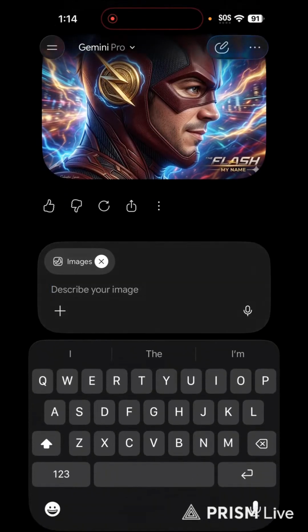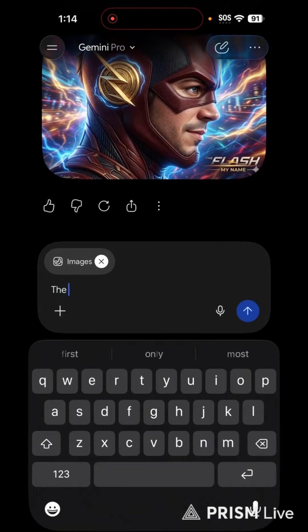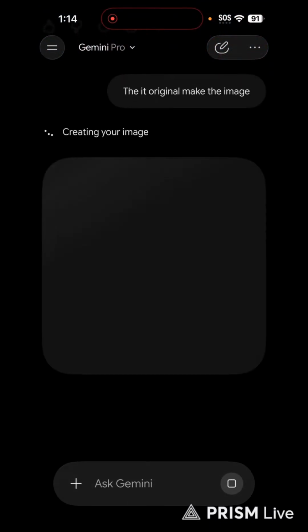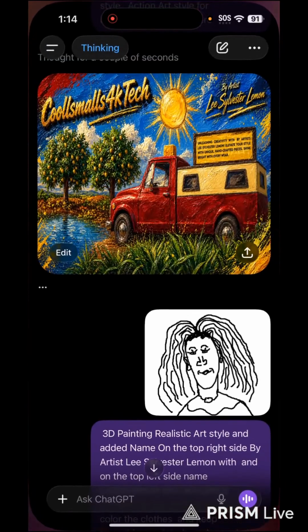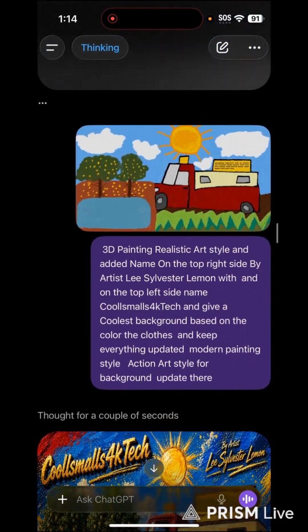So let's say keep it irregular. Make the image. Okay, so we can hit this and see what happened. But it's funny because you're able to do that. So yeah, guys, I had to